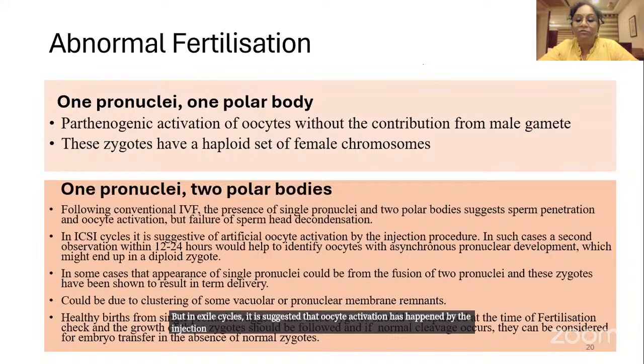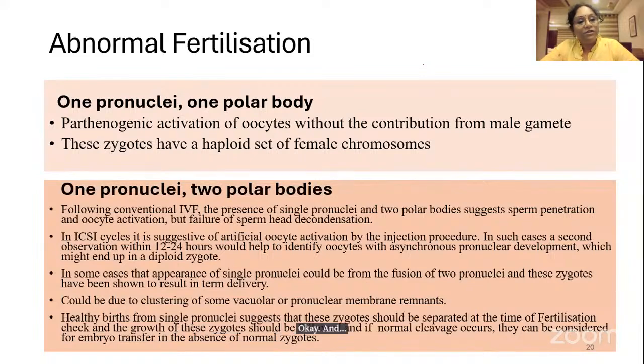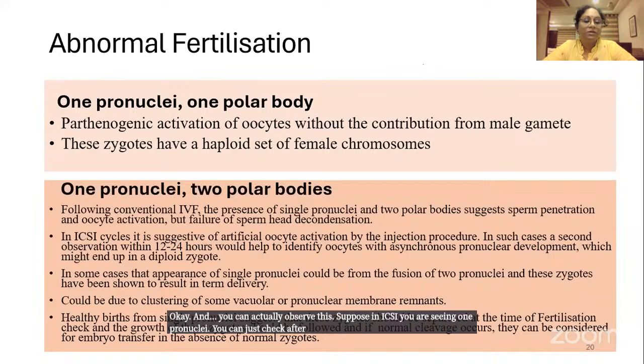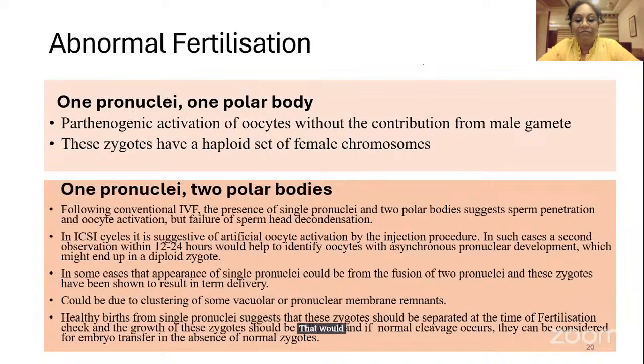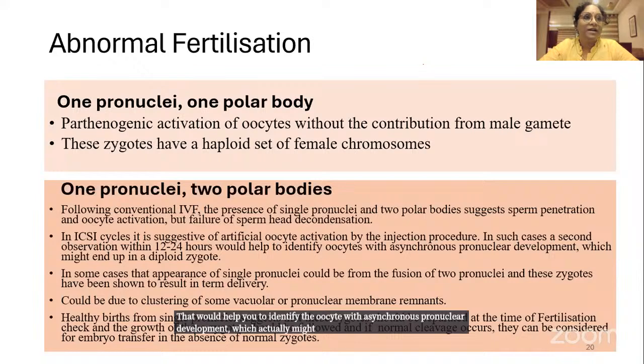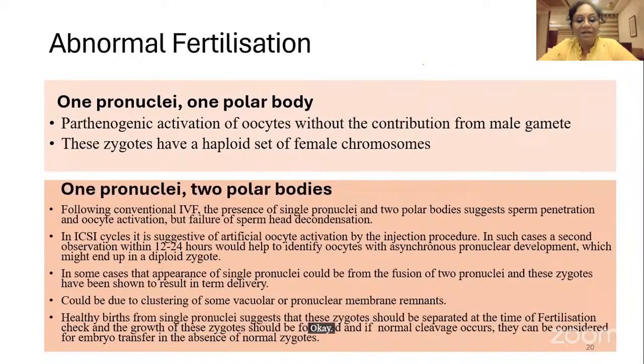Mechanically, we have induced activation there. Okay, and you can actually observe this. Suppose in ICSI, you are seeing one pronuclei. You can just check after some time, maybe 12 to 24 hours later. That would help you to identify the oocyte with asynchronous pronuclear development, which actually might be a normal one, a diploid zygote. Okay, in some cases, the single pronuclei could be from the fusion of two pronuclei, and there is